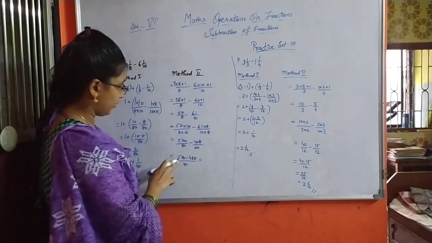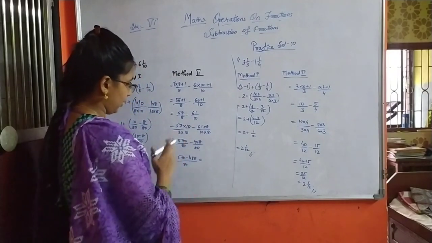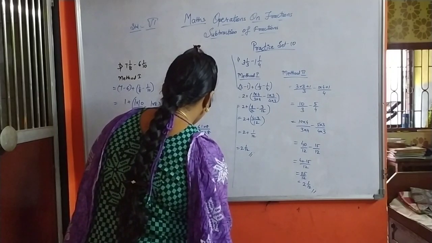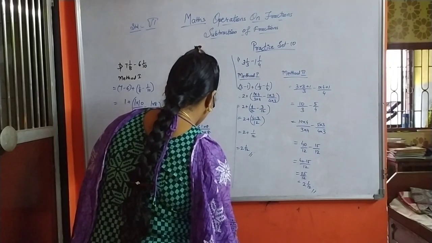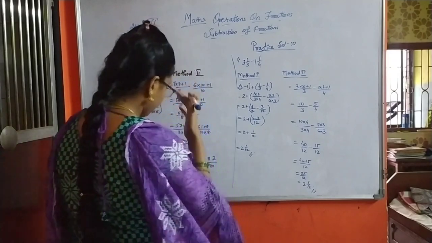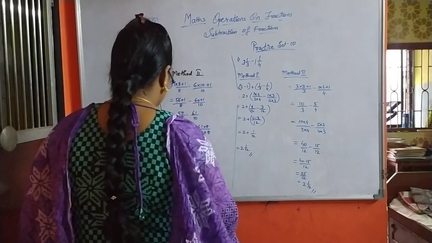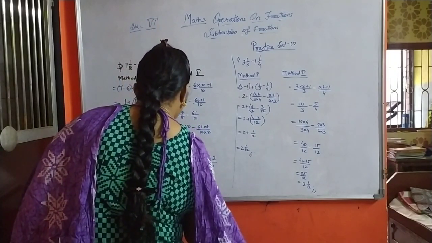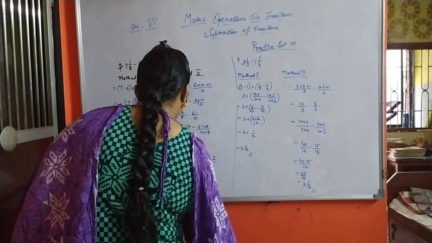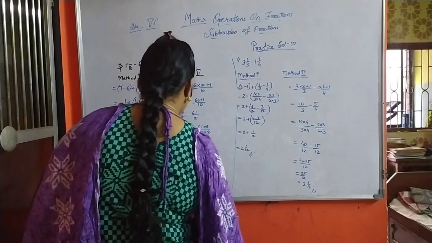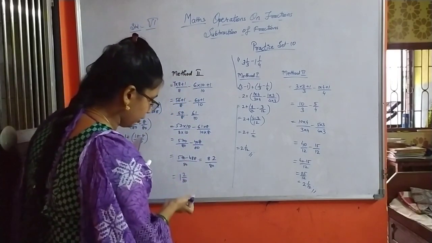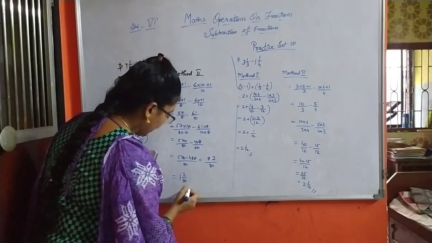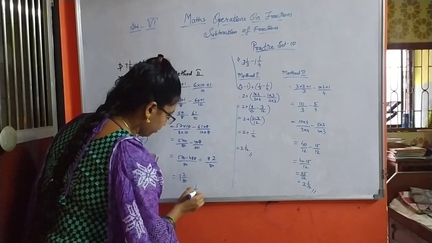Now subtract 488 from 570. I will get the answer as 82 upon 80. So now I have to divide it. I will get 1, 2 upon 80 itself. As I said, we have to reduce it as much as possible because 2 and 80 go in the table of 2. I will reduce it to 1 upon 40.